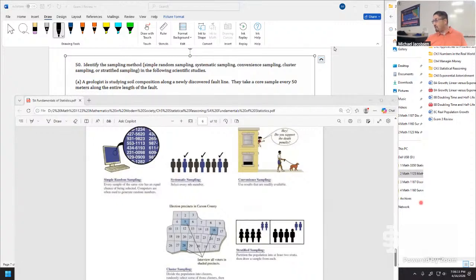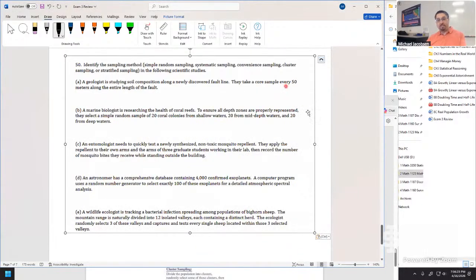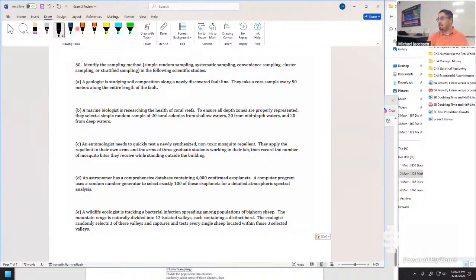Yeah, absolutely, Amy, good call. Even though we're not selecting every nth meter, we're taking a core sample every 50 meters, it has all the elements of a systematic sampling, and that's their system. Go every 50 meters along the fault and do a core sample. So systematic